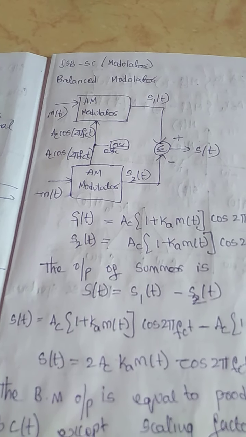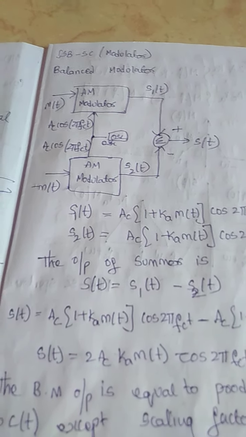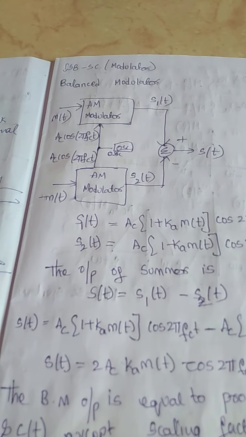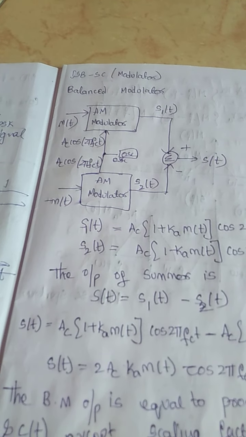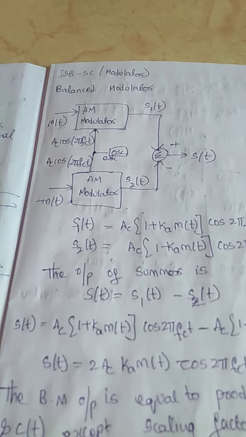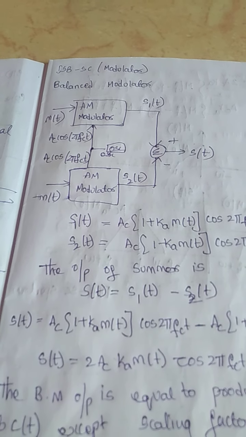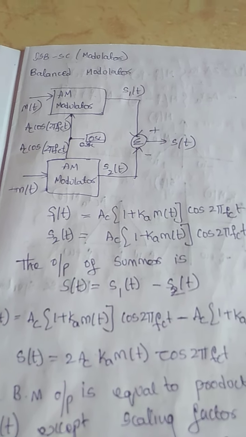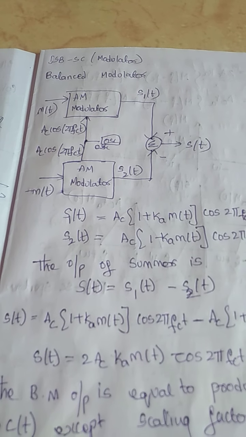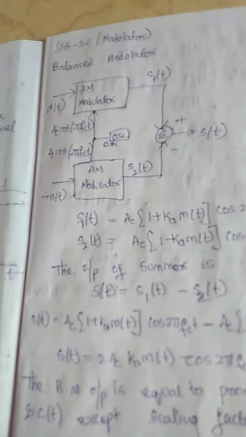DSBSC is nothing but double sideband suppressed carrier, where the carrier is suppressed because if the carrier is more, the noise will be more in the signal. So only as much carrier as we want is taken and the remaining carrier signal is suppressed. Why do we call it double sideband? Because we have upper and lower bands in this DSBSC. And if you see the standard equation for the DSBSC,